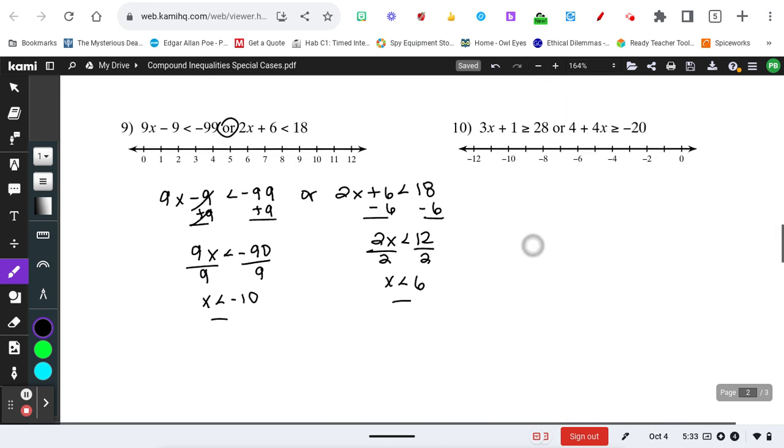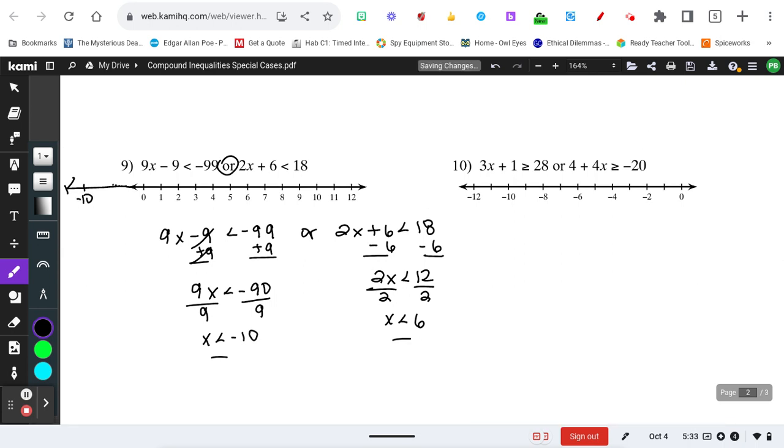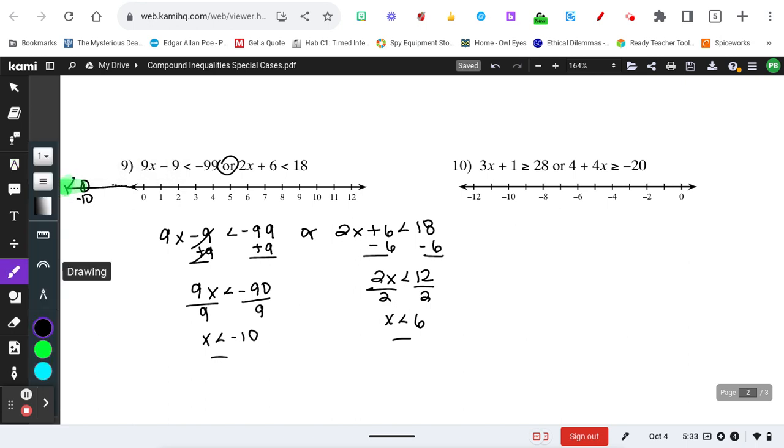Okay, all right, let's take a look. Everything less than -10. This is what I'm going to do. I'm going to say -10 is over here somewhere. I'm going to pretend like -10 is right there without ordering the whole number line, because I don't have that kind of room. And then everything less than 6,